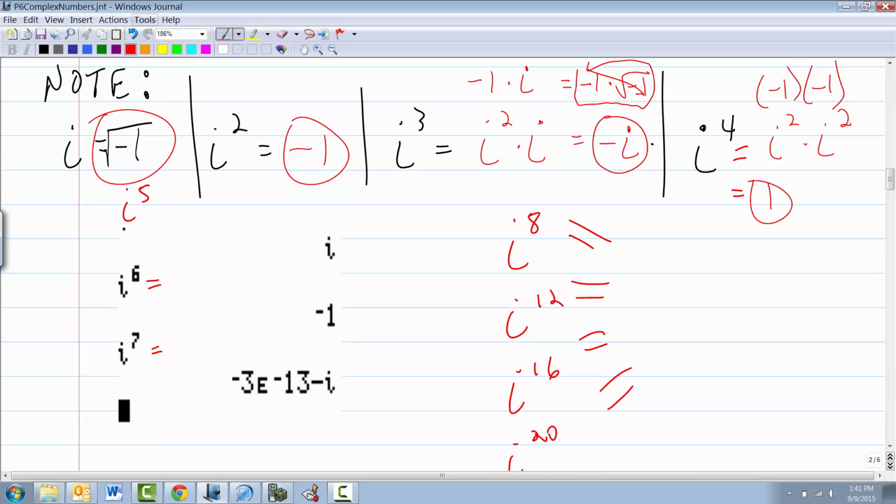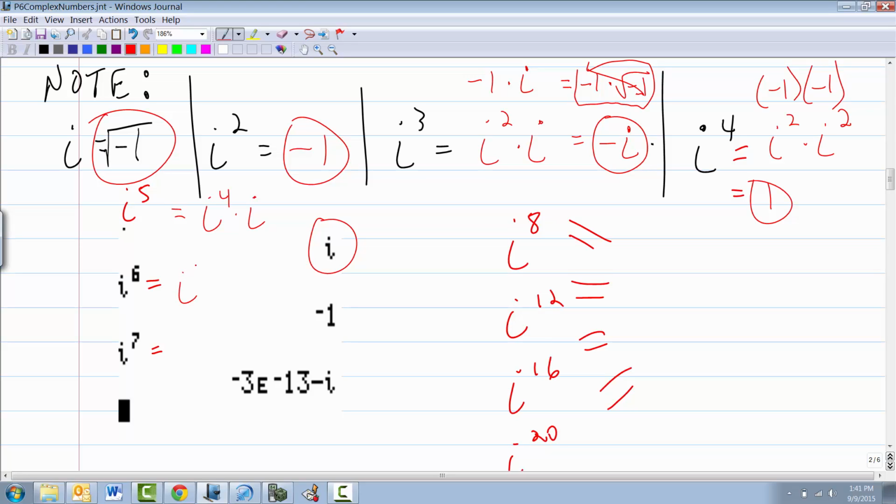All right. What about i to the 5th? Well, i to the 5th is i to the 4th times i. Hey, everybody. This is going to be tough, but what's i to the 4th? We just found out it's 1. 1 times i is 1i. So if you type that on your calculator, you should get the same.